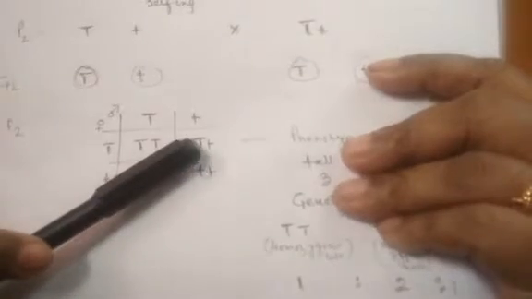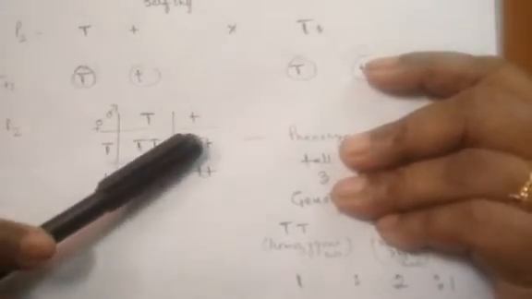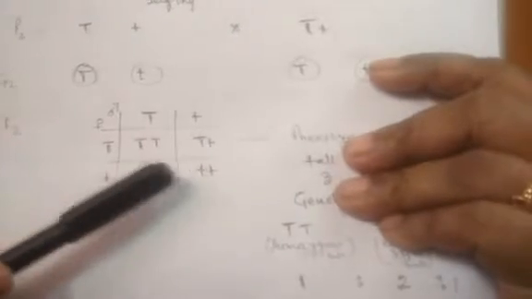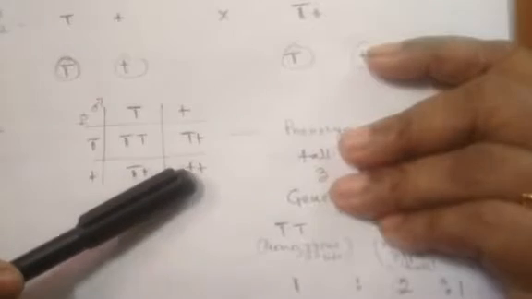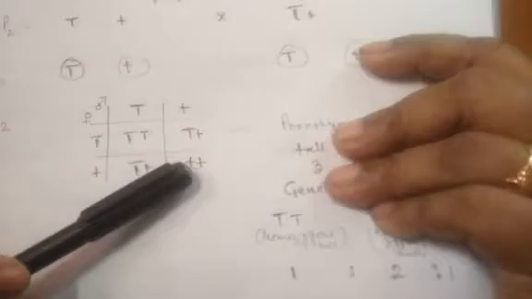Now for height. Clear? So the dominant allele for height is present in 3 cases, so all 3 will be tall. But here there is no dominant allele for height. So only two alleles are present which represent the dwarf character. As a result, the organism will be dwarf because it is the recessive one, and this condition is a homozygous one.